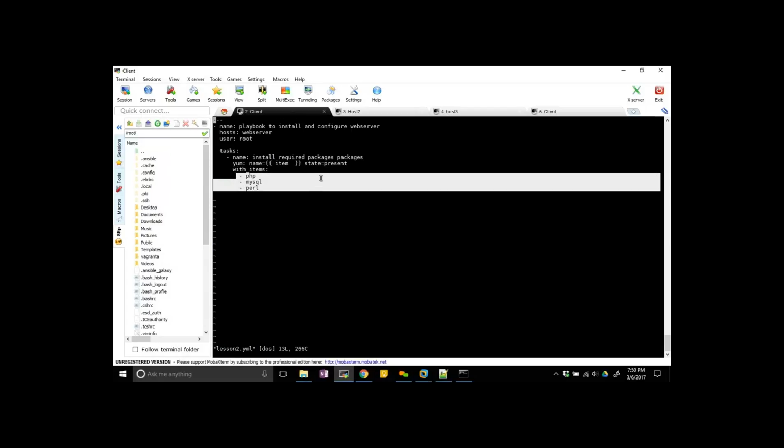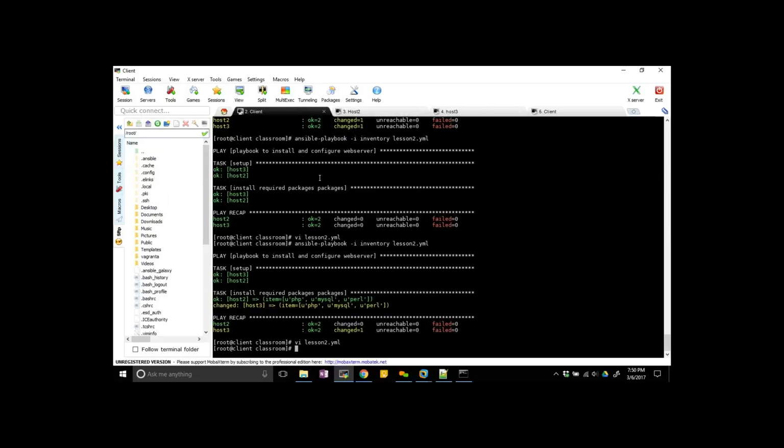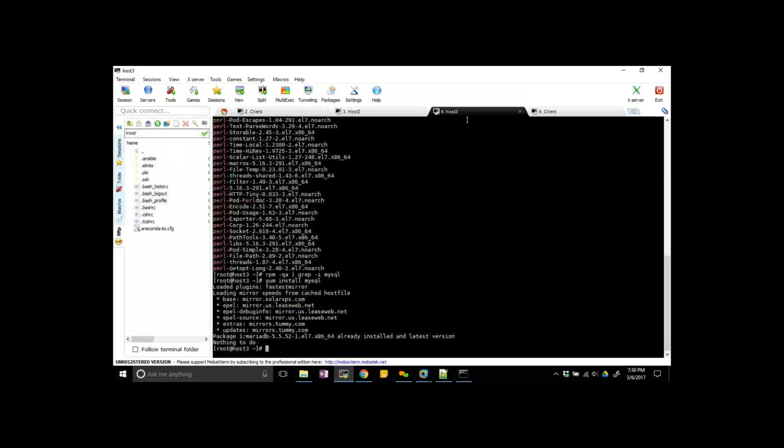Suppose, in the web server, let's delete that index file. Where, www html index.